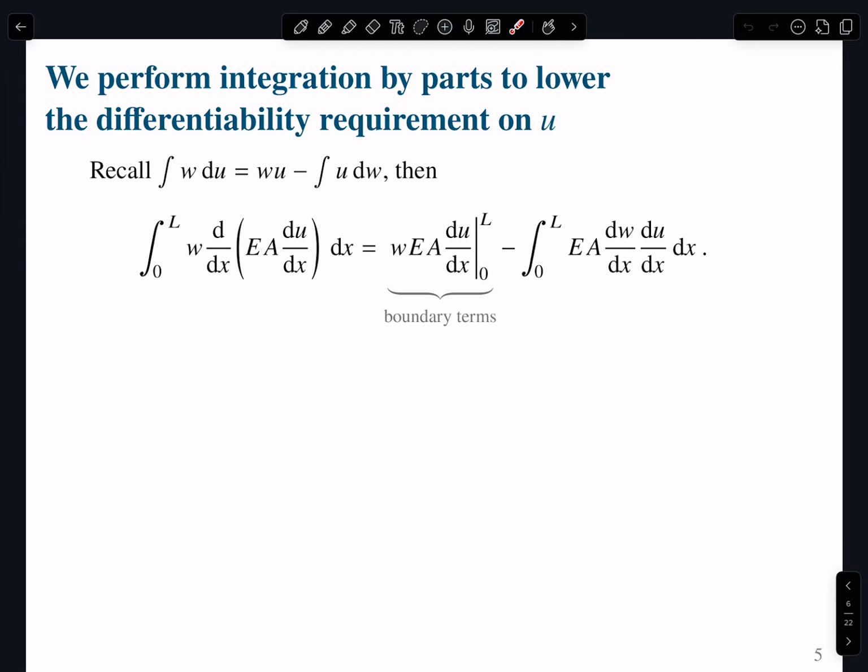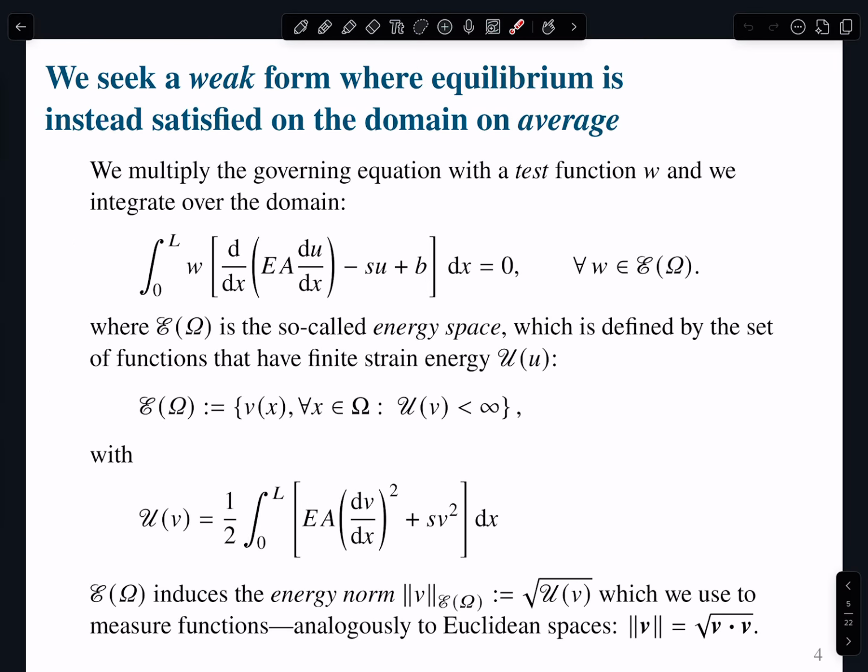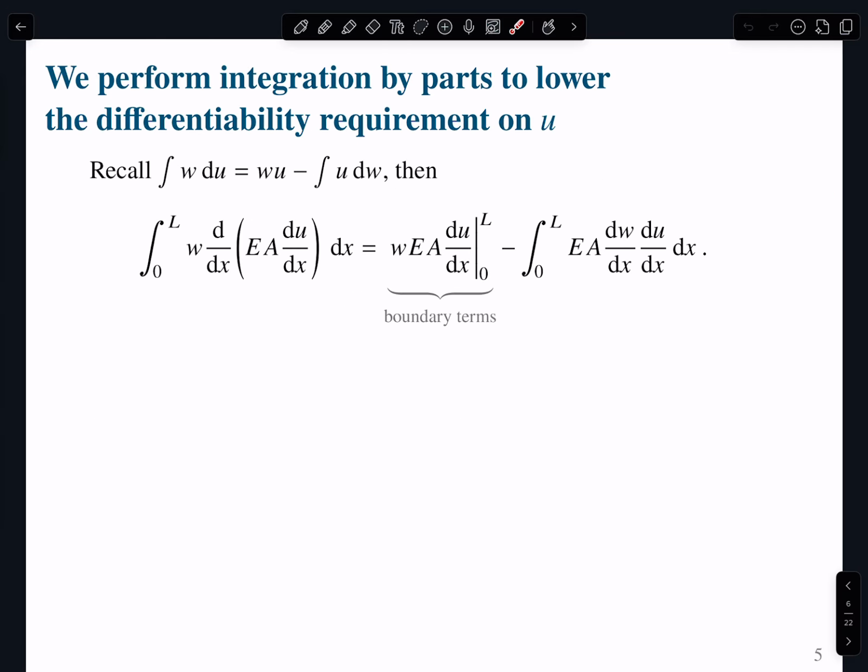All right, let's work a little bit on the variational statement, because if you see the first equation, what do we notice? What is the differentiability requirement that we place on the function u? 2. So I understand from this equation that u has to be differentiated twice. And so we're going to relax that and want to say, well, I want to balance the derivatives, right? The function u, we have to apply the derivative twice. So let's try to balance the derivatives.